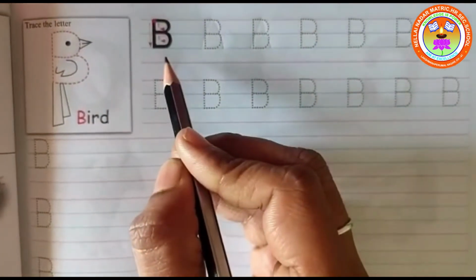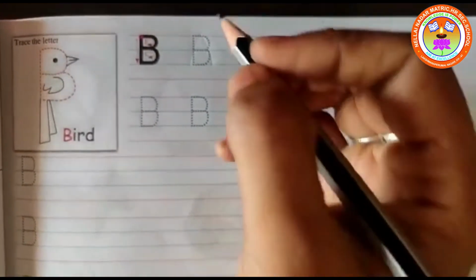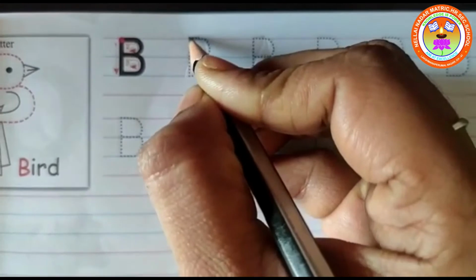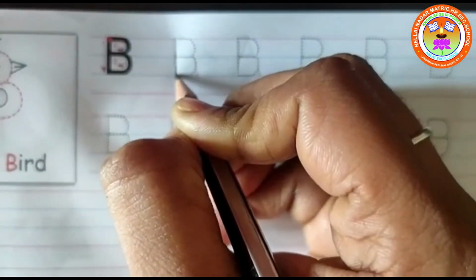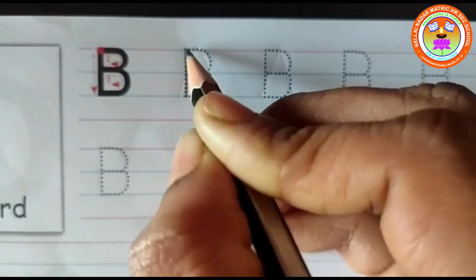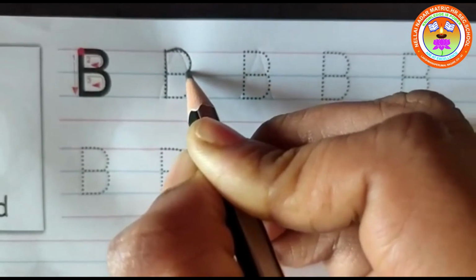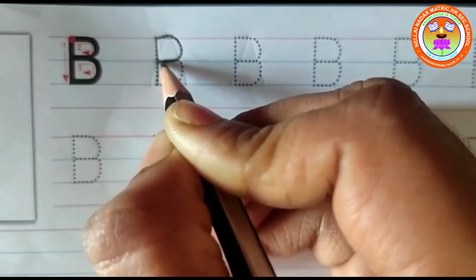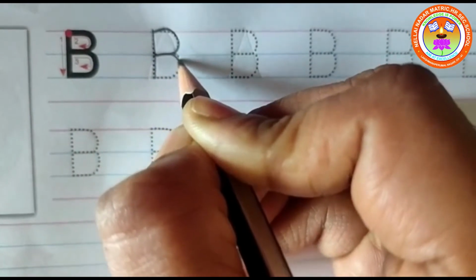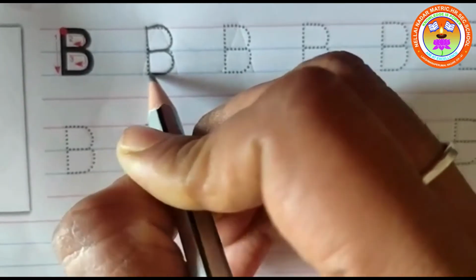Capital letter B. So now we are going to write capital letter B children. See here, touch on the first red line, put one standing line like this. You have to come and stop on the second blue line. Okay, and then again from here put one left curve like this. It should come and touch on the first blue line, and then from here don't take your hand, again one left curve you have to put, and you have to come and stop on the second blue line like this. You have to touch the standing line.